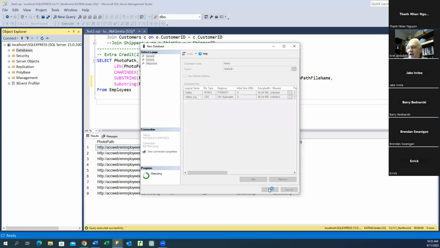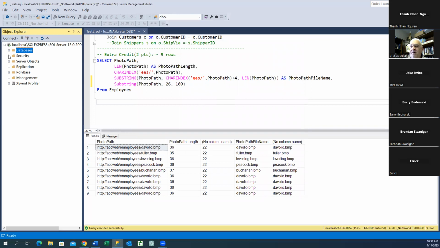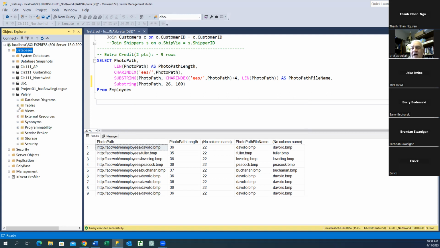So we've created our database. You're going to create your own database for bowling alley. Okay. And so now as we expand that, we should see Valerie. Professor, were those two rows the primary and foreign key, as we just saw? We haven't done that yet, but we're going to. Yeah. So I'm going to create those 3 tables just to show you. I'm not going to put all the columns in, but just to show you how to do that. So we're going to go right here. Okay. And let's go ahead and create